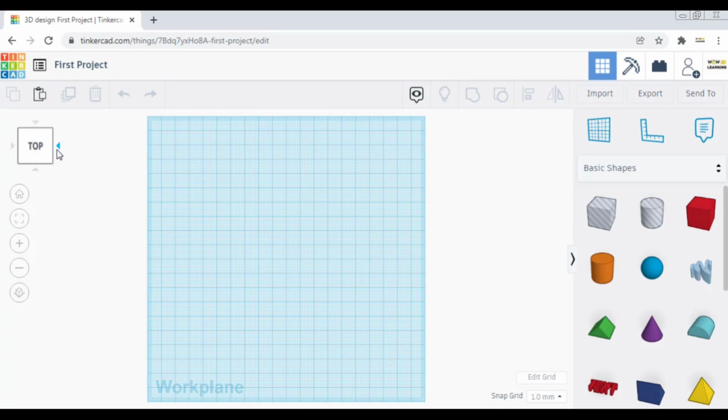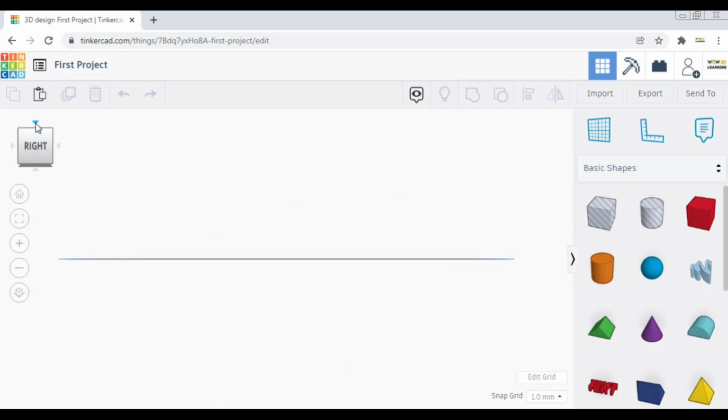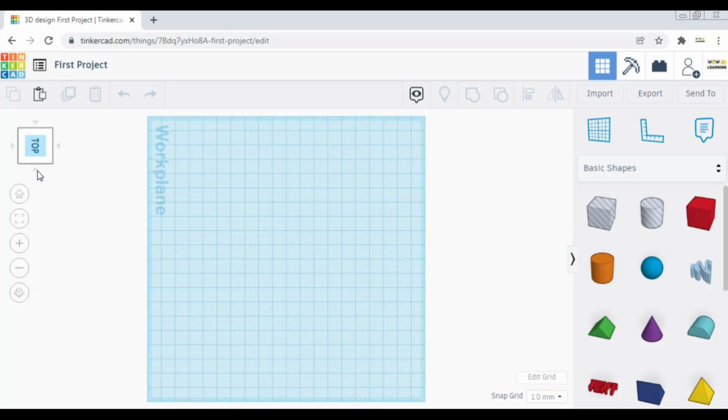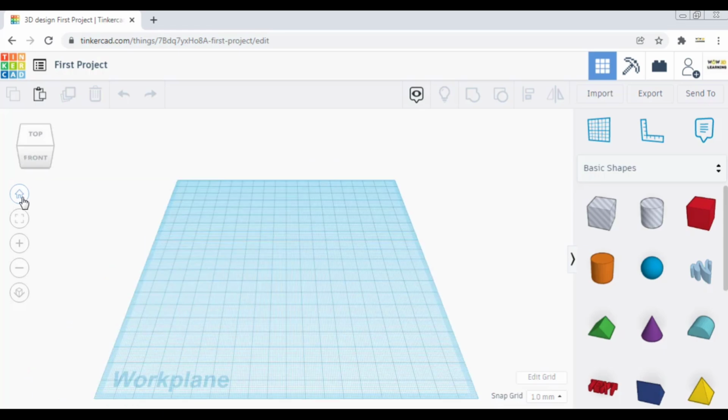So if I click on this right arrow, this will take me to right view. If I click on top, it will take me to top view. Like this, you can move in one single orientation by clicking these arrows. Now if you are a little puzzled and confused, just wait for some time. To get back to your original view when you have logged in, all you have to do is click on this home view icon. Once you click home view, you are taken to your initial orientation of view.